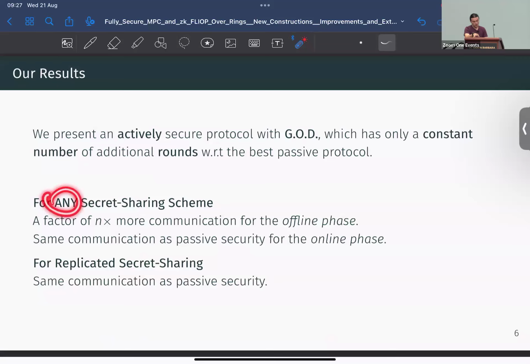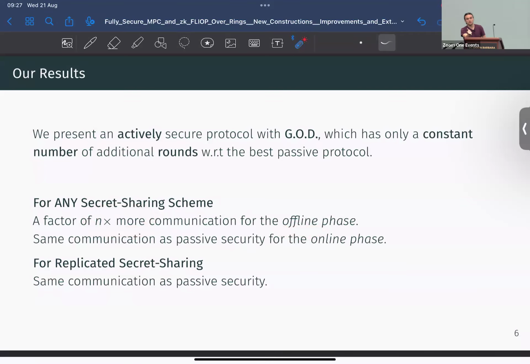So first, it works for any secret sharing scheme, which is good. But for the preprocessing, it has a factor of overhead in terms of communication for the offline phase. Offline phase is the phase where it doesn't depend on the parties' inputs, and it's very common to push complexities to that phase.